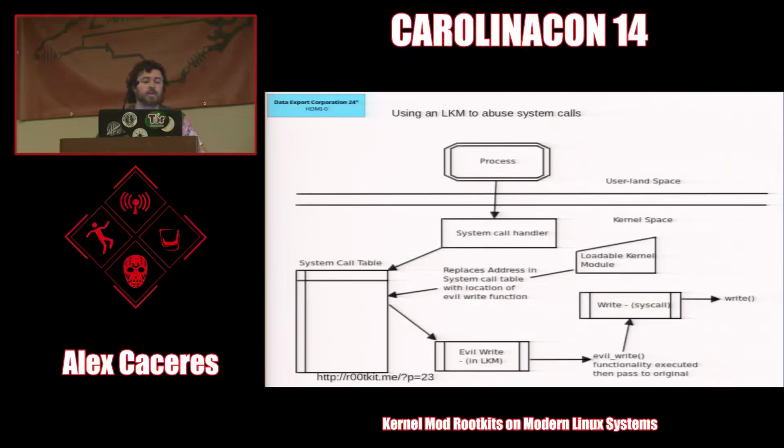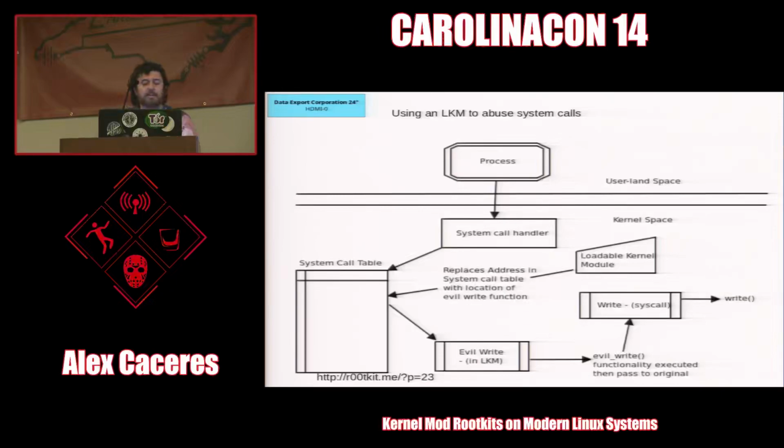So what we're doing is the system call table is looking for a function, right? Let's say we call the write function. It's looking for where that write function is in memory. And what we're doing is we're overwriting that system call table and saying, no, don't look for it in this address space. Actually look for it in this other address space. And that other address space is somewhere that we control, and we can do whatever the fuck we want, which is really cool.